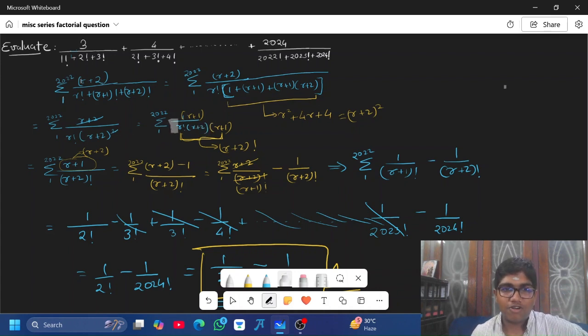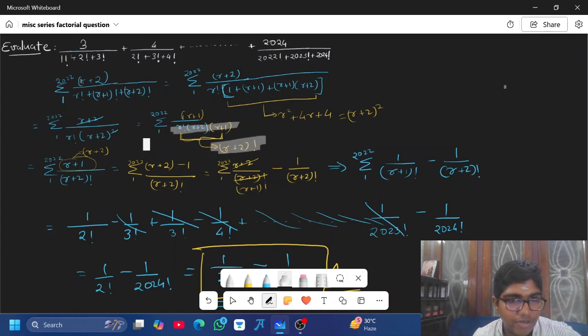And naturally, on noticing r factorial into r plus 2, we multiply numerator and denominator with r plus 1, so that we could create an entire factorial in the denominator. So this term simplified to r plus 2 factorial. Then below we wrote sigma 1 to 2022 of r plus 1 upon r plus 2 factorial. From here we use a very common standard approach. When you see factorial in the denominator, you simplify the numerator in terms of the factorial below,